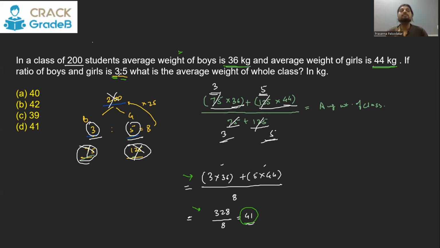3 parts of the material you sold with 36% profit, 5 parts of your material you sold with 44% profit. What is your resultant percent profit? That question also comes down to the same process, and you can get the answer as 41% will be the